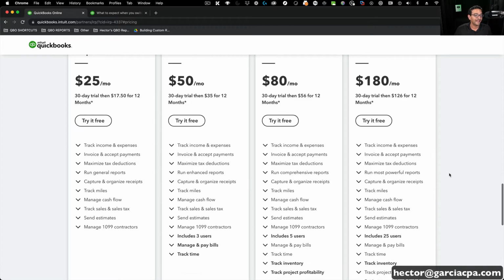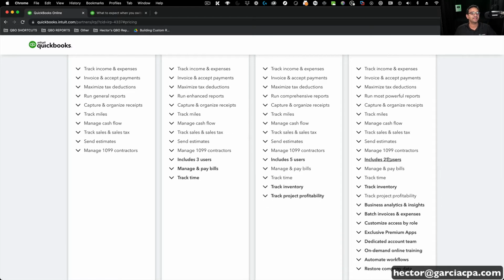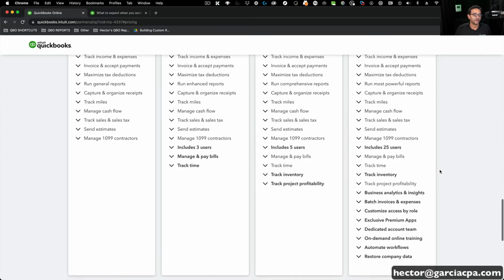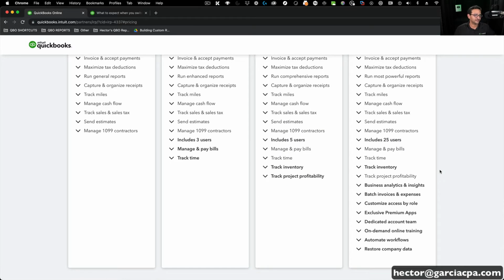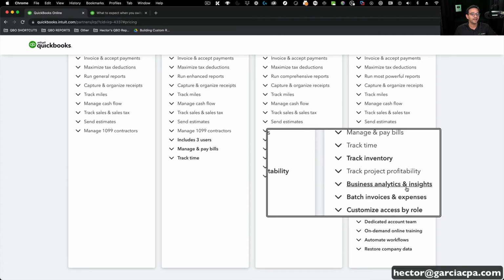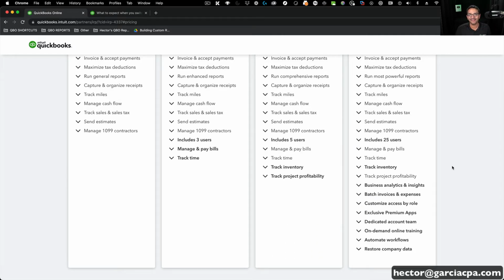Now, I'll talk about Advanced real quick. What you get with Advanced is 25 users. You can have up to 25 people logging into QuickBooks. And in a nutshell, there's a whole bunch of features listed here, but you get better analytics. You get better custom report capabilities. And you get a couple of extra things like custom fields and